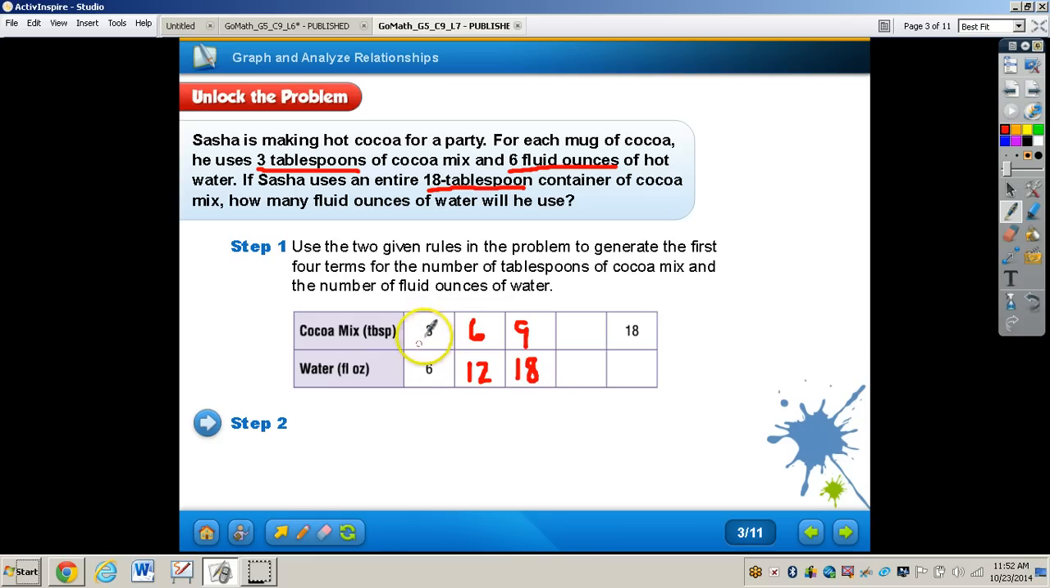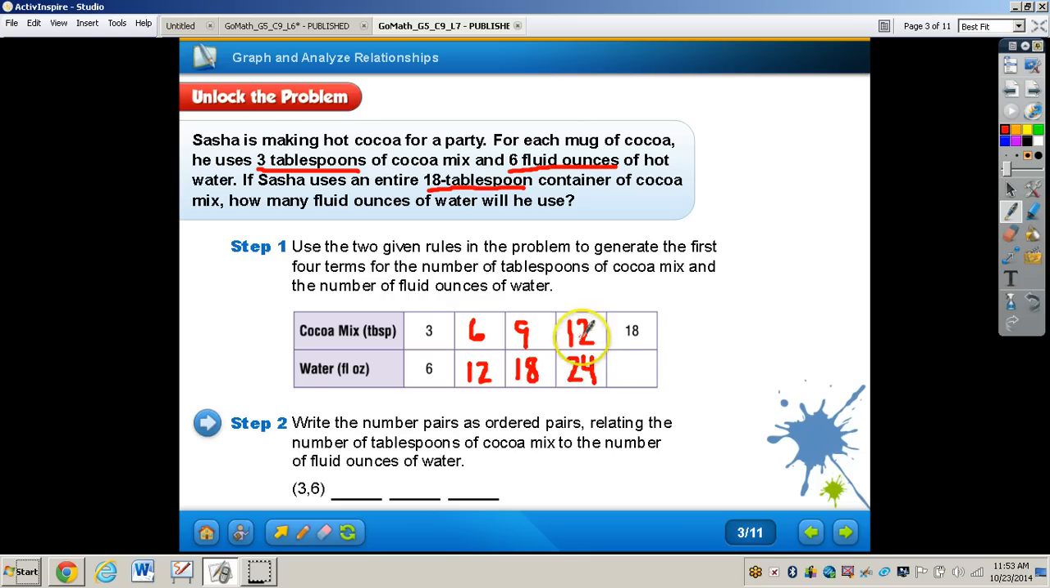And then after this, we can see 12, 24. And then moving down to 18, so they skip 15, and then 30, but moving to 18, we have 36. Now what we want to do is write the number pairs as ordered pairs